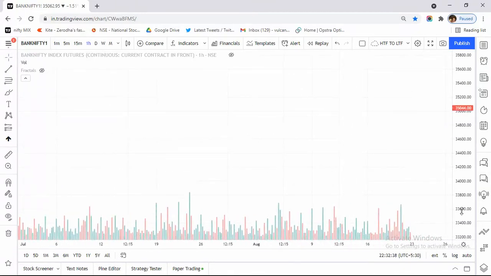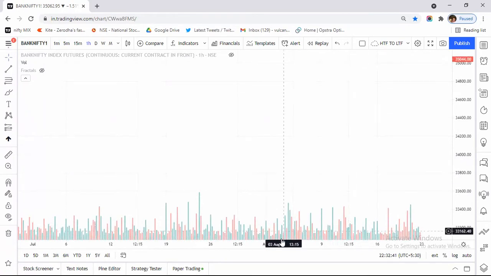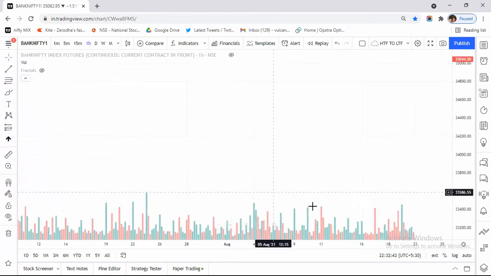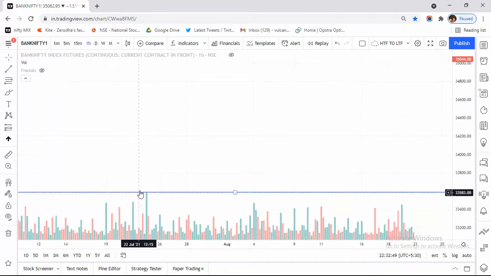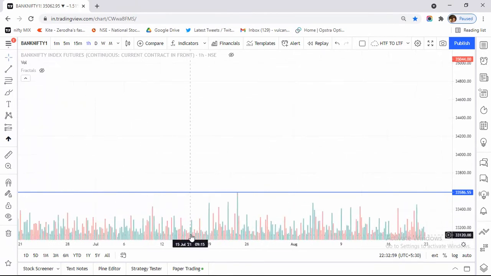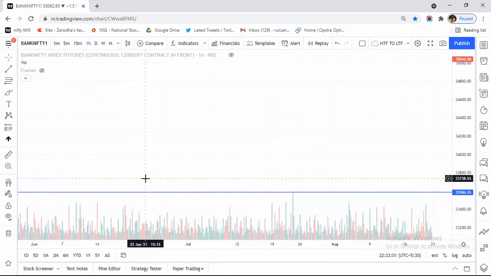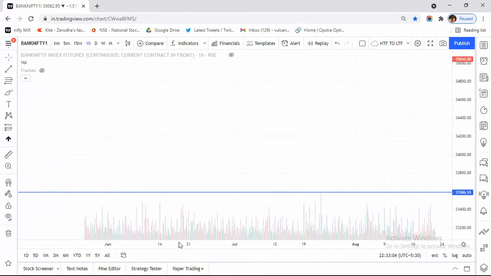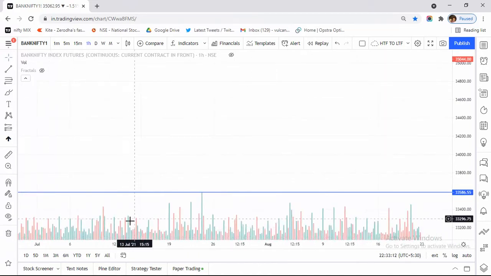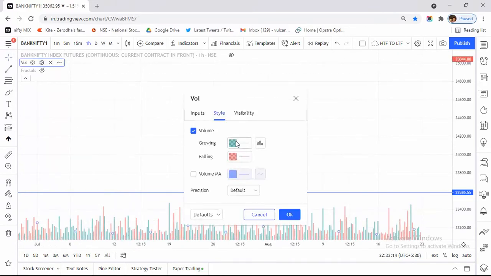is something very extraordinary in this segment here. This volume bar is the highest above all the available volume bars in the system. Also, if you go back, you have to do this for 3 months. Go back and see here. There was a very high volume bar. I think I should increase the visibility of this bar.